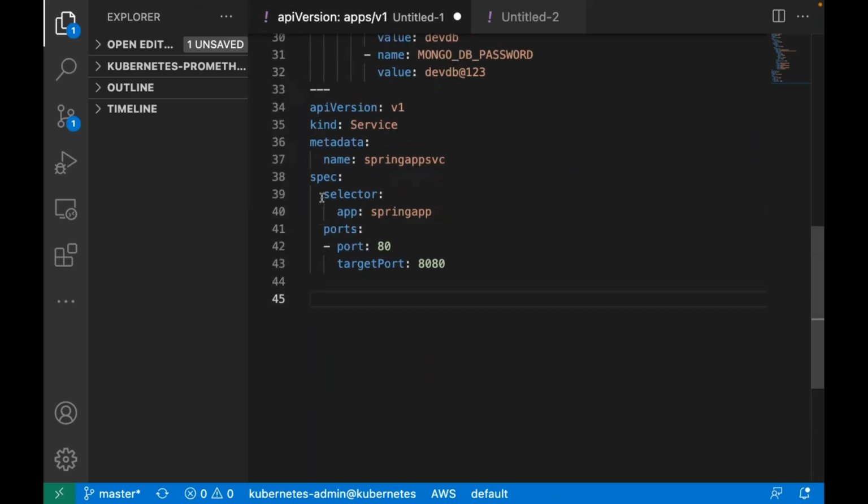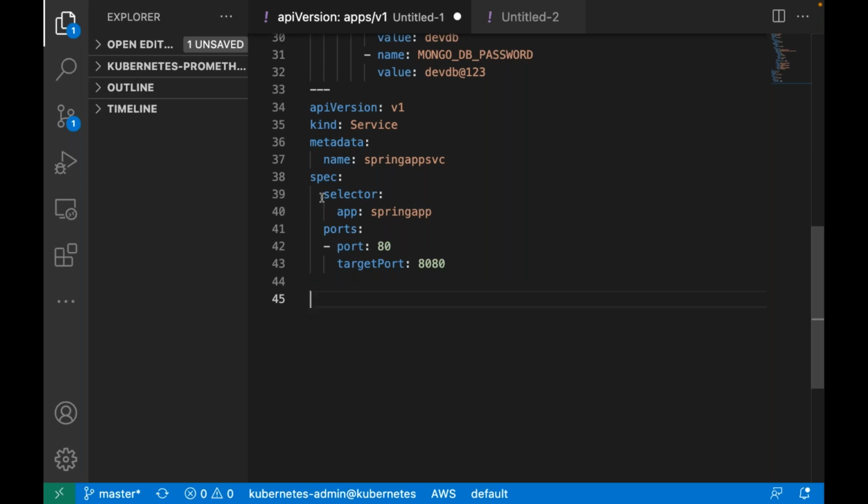But the databases, are you going to update them as frequently as your applications? No. So you can go with a replica set or a deployment, but the real-time recommended approach, as I already told,